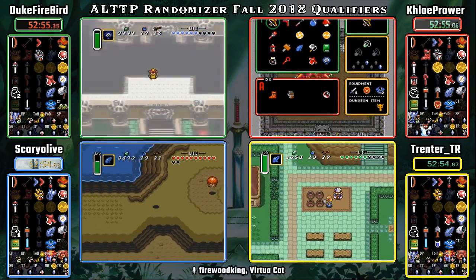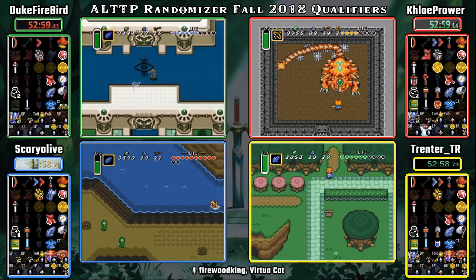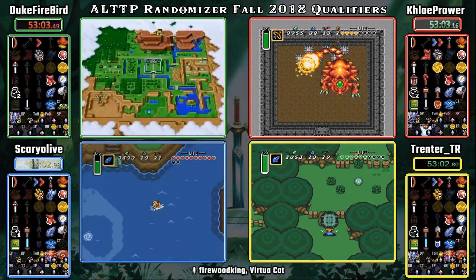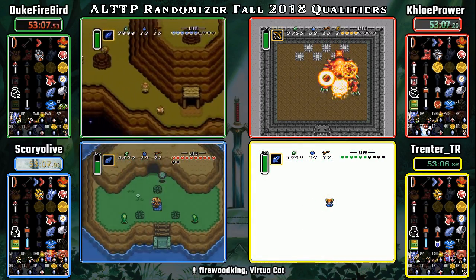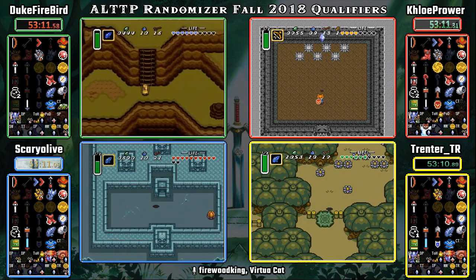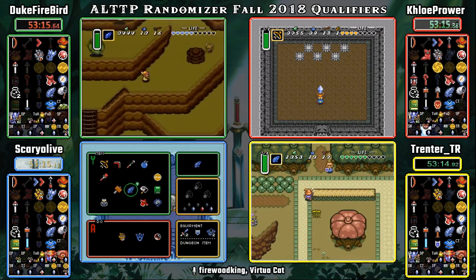And Duke Firebird, if I'm reading the items correctly, doesn't actually have access to Thieves Town at this point. If we had the hammer, we could use the portal on that side. If we had the mitts, we could use the portal on that side. If we had the flippers and the hook shot, or if we just had the hook shot, I think we could get there, but...